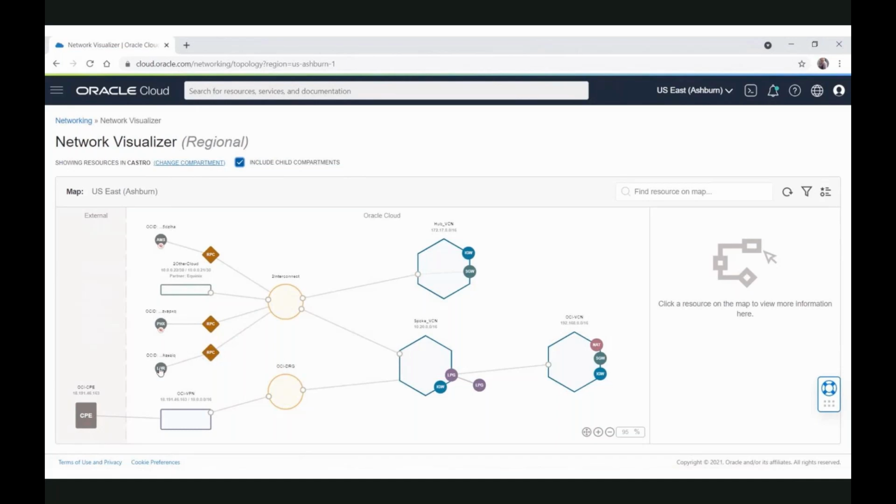This is Phoenix, this is London, and this is Amsterdam. And I also have a virtual circuit. This DRG has a VPN connection. And if you had a greater network layout, more networks, more VCNs, and you were looking for a particular resource,